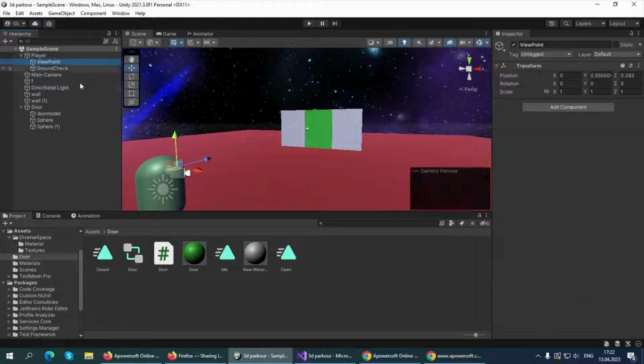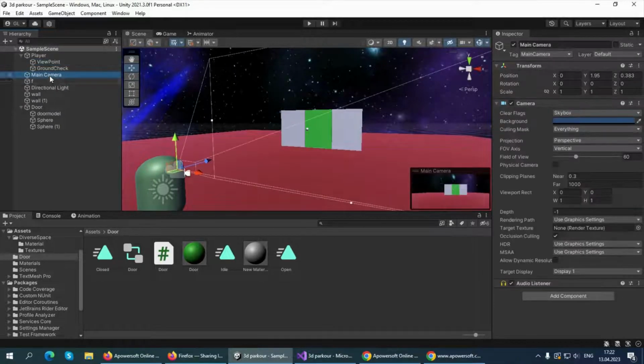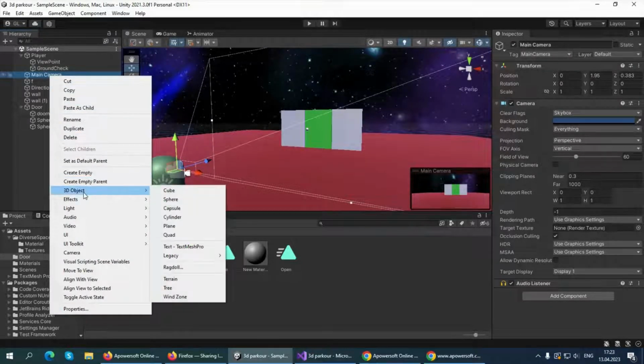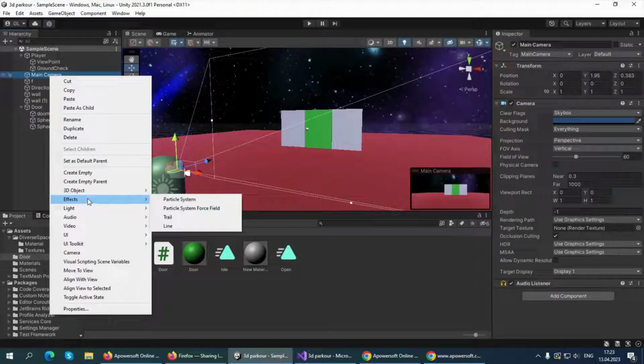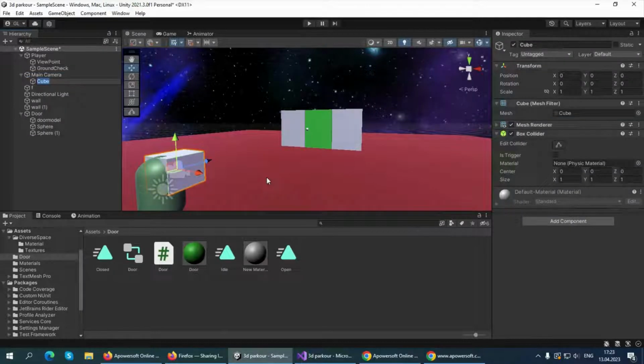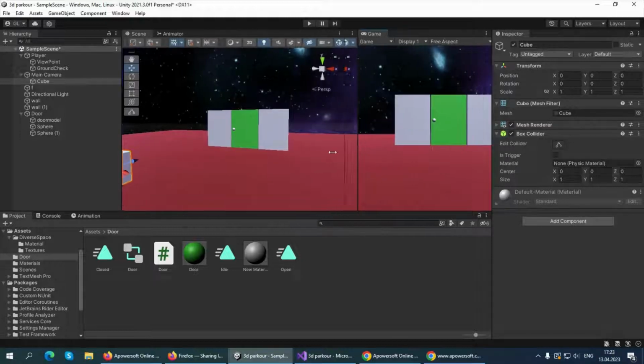For example, I'm using this viewpoint, but I will do everything in main camera first of all. But you just need to do it inside your main camera, which controls your player and how your viewpoint looks like. Anyway, in your camera, you just need to create a 3D object cube,